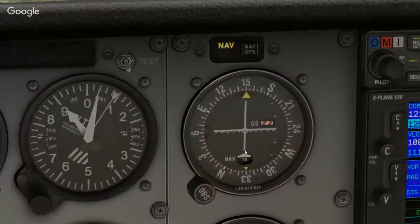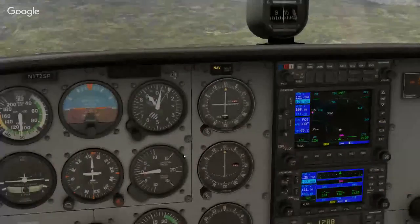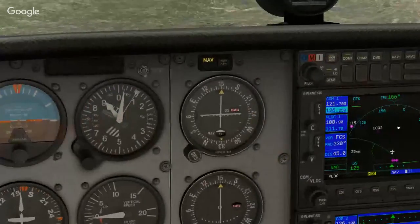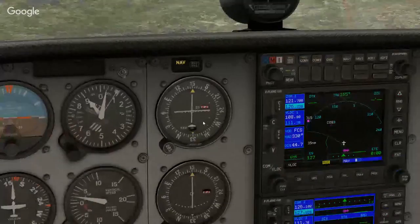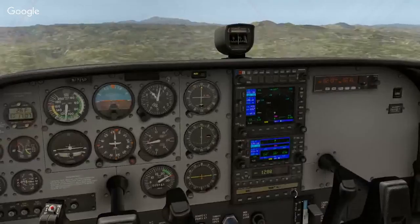So you see this needle is now straight up and down. And if you look at the track that we're taking on the ground on the GPS, we're currently flying a track of 166, which is pretty close. You can see now the needle's drifting off the other way, because the nav on an autopilot isn't really good at